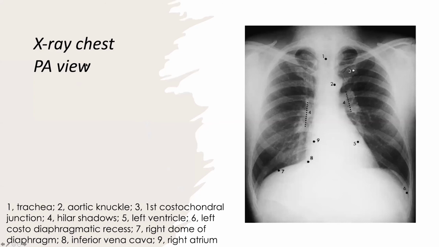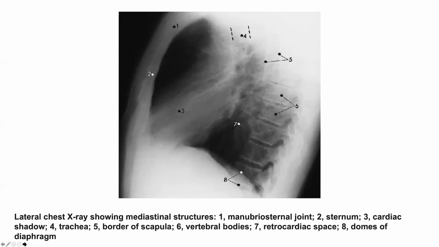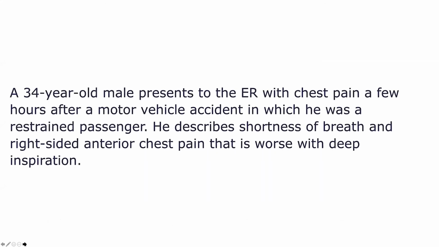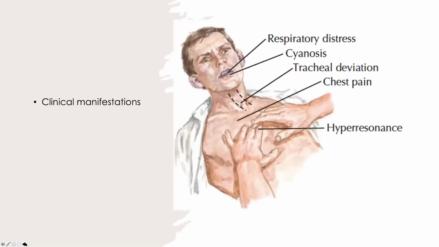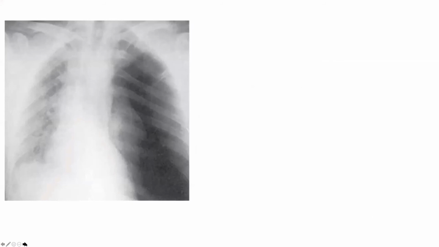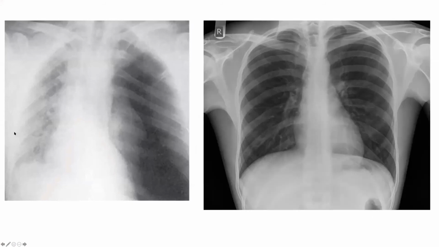Okay, now this is a normal chest X-ray. I don't want to talk about it. Dr. Sadia has spent good time on this. How a PA view appears, what are the different landmarks? You need to be good at those on a lateral view and on a PA view. Okay, guys, we talked about this case during our structure of the week. We did this dissection. We talked about the difference between a normal X-ray and another X-ray. And I'm sure you guys are good with those things.